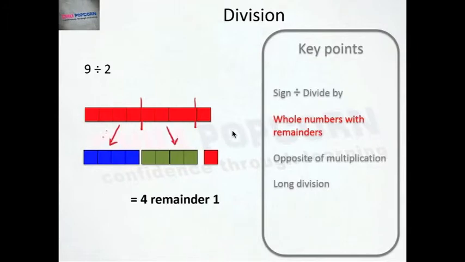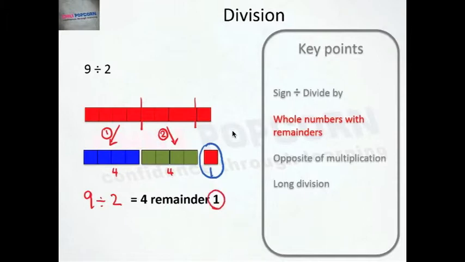Part 1, part 2 gives us 4 boxes in each. 4 boxes here, 4 boxes. But now we have, and I'll write that in a different color, we're left with this one remainder. This box is left over after we take the 9 boxes, divide it into 2 equal parts. We're left over with 1 box. So that's how we would write that sum, that 9 divided by 2 is equal to 4, and we're left